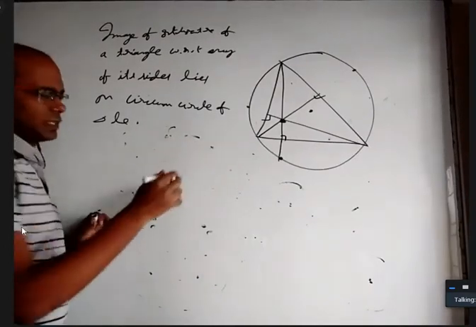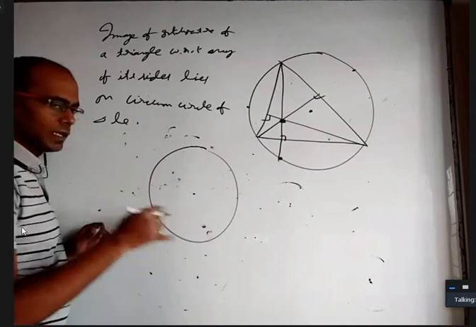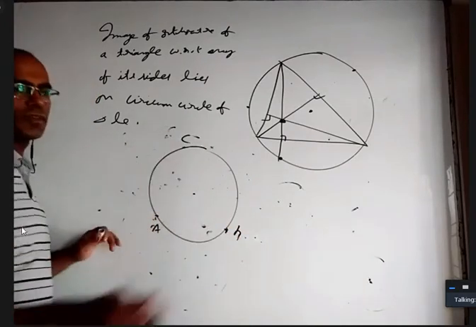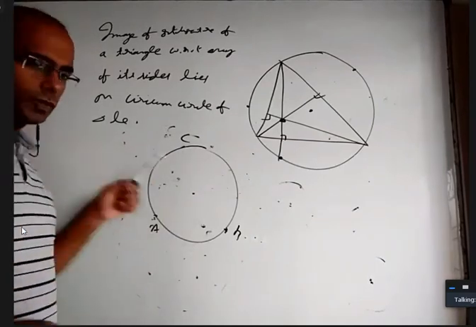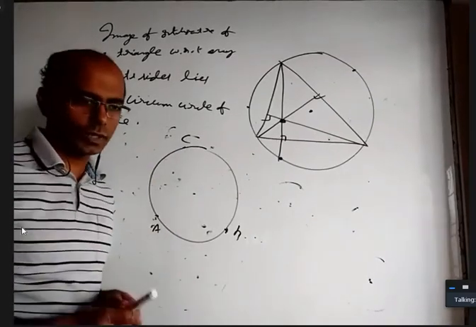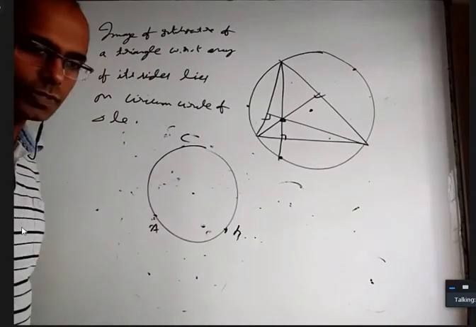Okay, forget about this. A also, B also fixed. Only the circle is given to you, that's all. You can take A anywhere you want, B anywhere you want, C anywhere you want. On this one, they can form a right angle triangle, an acute angle triangle, or an obtuse angle triangle. What is the locus of the circumcenter of triangle, orthocenter of triangle ABC?